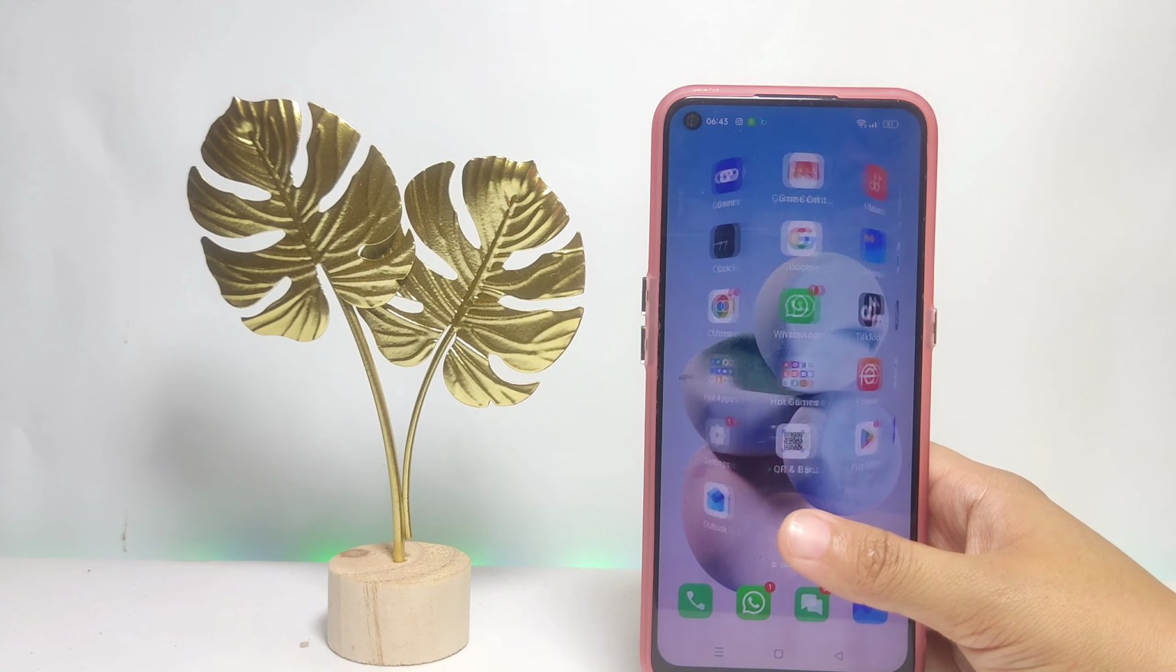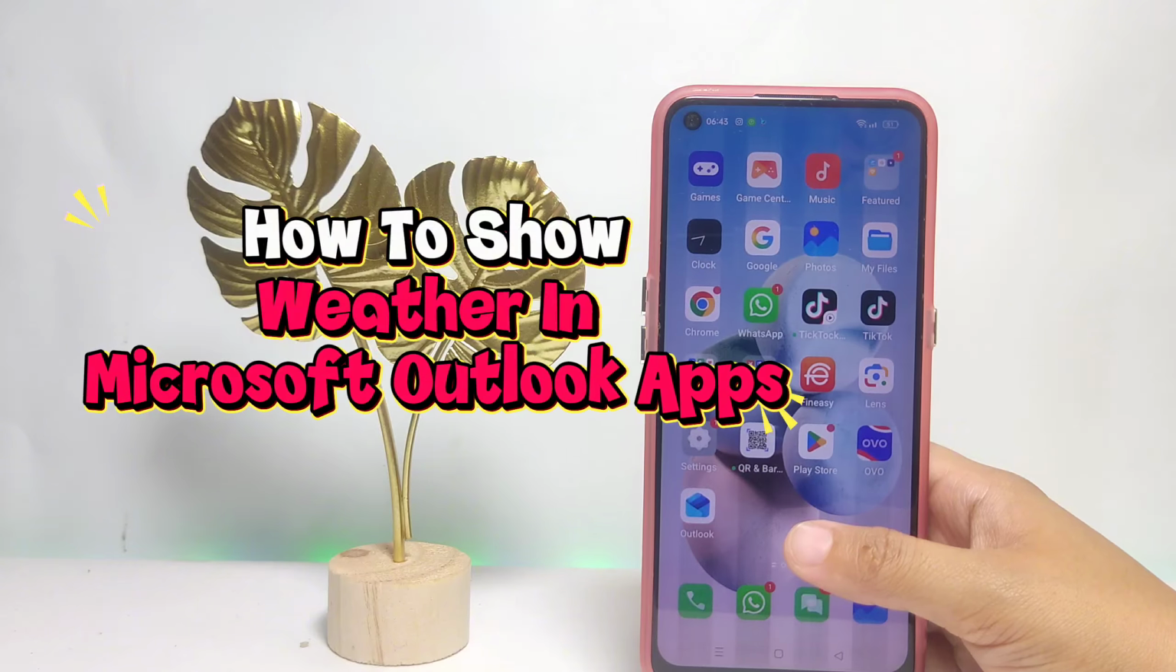Today in this video I'm going to show you a tutorial on how to show weather in Microsoft Outlook apps on